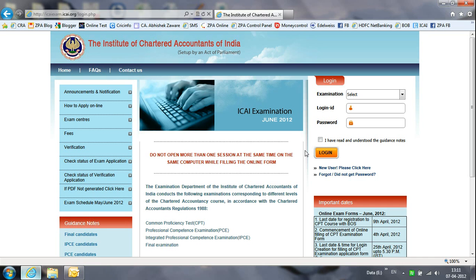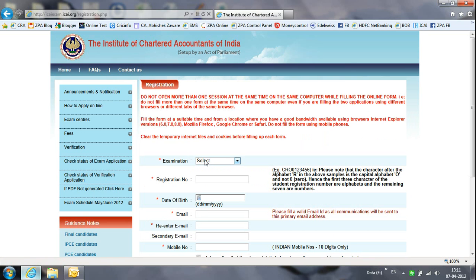I need to create a new user first, and then I can go on to fill up the examination form. So first I click on this particular new user. You can see it below the login. There is a new user. So I click on the new user. It asks me for examination. I go for the CPT. It asks me the registration number, which I will enter now through the keyboard. So that's the registration number